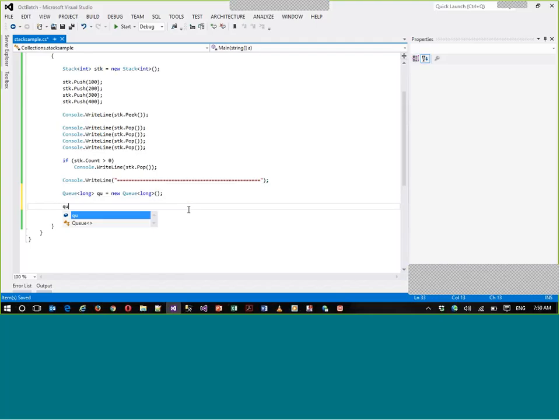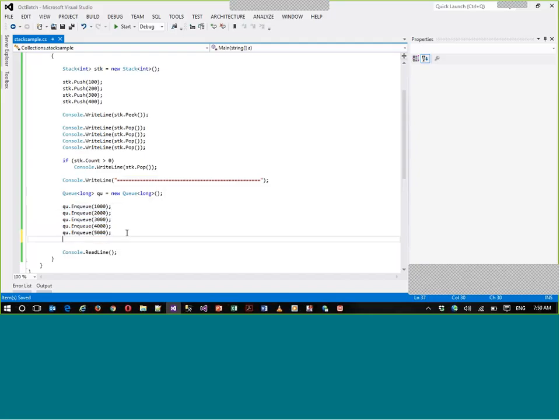So here what we're going to do, first we have to add. For adding we have enqueue, where you can see you can add a number of digits. So let's say I'm going to add some 1000, right? And let's take some more. Let's say I'm going to take 5 elements now: 2000, 3000, 4000, 5000. So these are the values I'm mentioning. Right? So these are the complete set of elements I've taken.